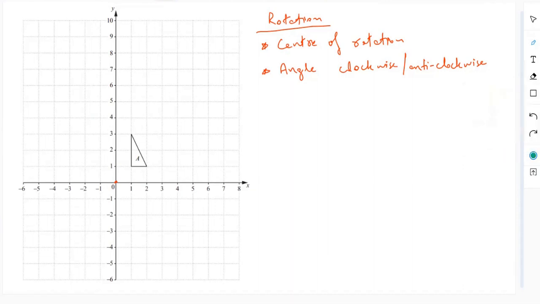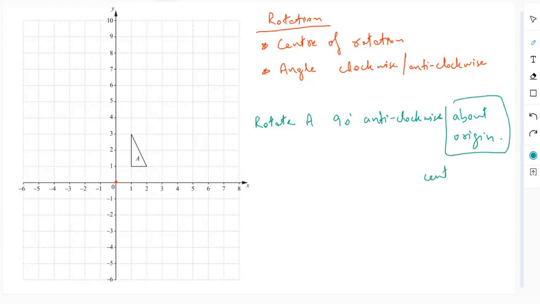Let me write that here. Rotate A 90 degrees anti-clockwise about the origin. About origin का मतलब है center of rotation आपका origin होगा, right? So about origin का मतलब क्या है, the center of rotation is the origin, that's 0 0. Origin center of rotation है और आपने इसको 90 degrees anti-clockwise rotate करना है।